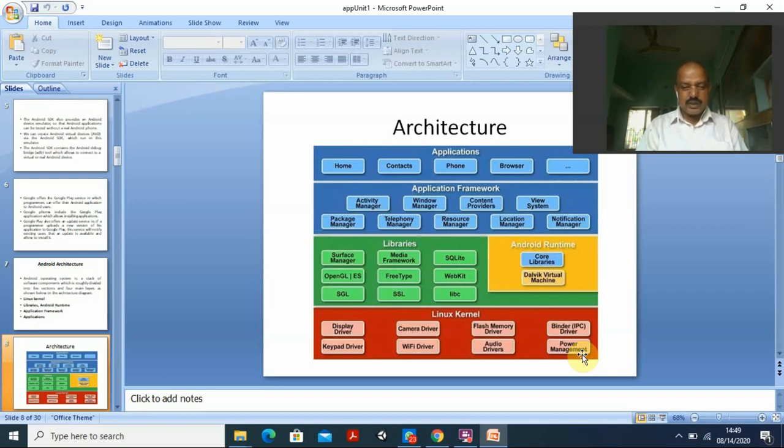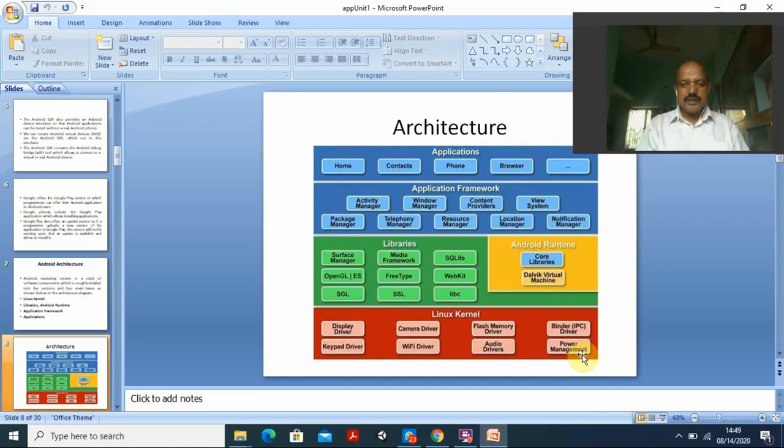What is related to keypad, you are using the keyboard, mouse, etc. And the camera, because you are using the camera, you can see the recording and the camera is on, the light is on. And the Wi-Fi, because we will be using Wi-Fi for communications, then we are using the flash memory. So all this audio, video, Bluetooth, as well as the power management, everything is controlled by the Linux.